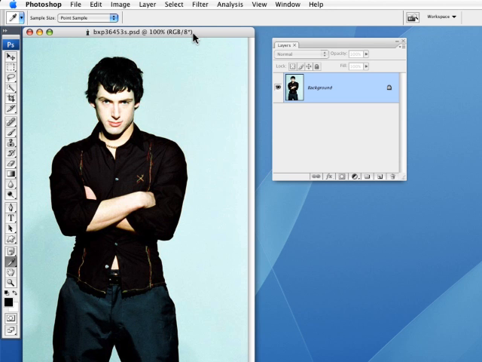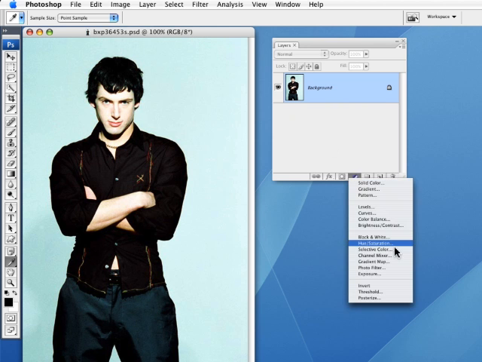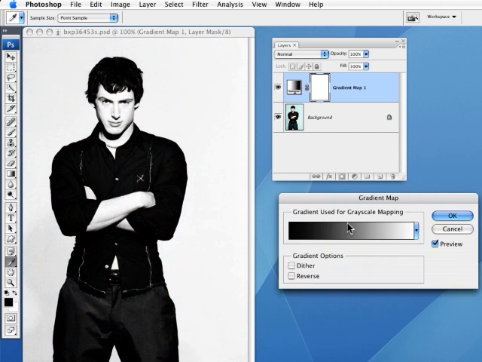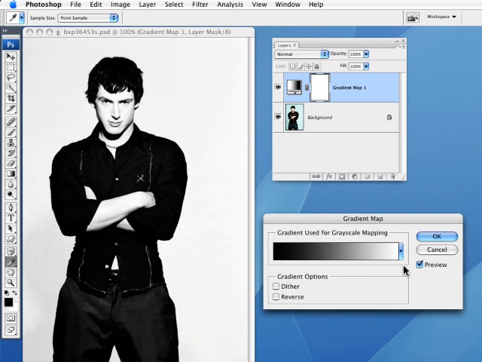I thought this time around we would revisit the world of gradient maps. This is an adjustment layer that creates some pretty interesting effects pretty darn easily, and all you have to do is add the gradient map adjustment layer. And by default it's going to give you this one, and it's going to create kind of an interesting grayscale